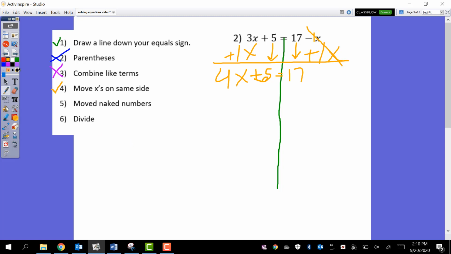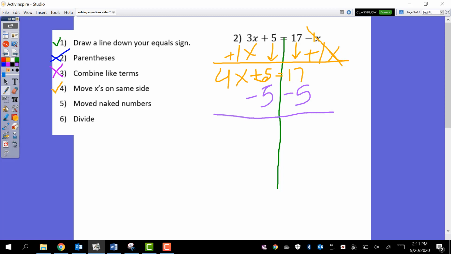Now I'm checking to move my naked numbers. So any plain numbers do I have? Well, let's see. I want to move them away from the x, so I'm going to move them to the right side. Well, I have this 5. That's a plain number. That's got to move to the other side. It's a positive right now. How do I move it? Well, I'm going to -5,